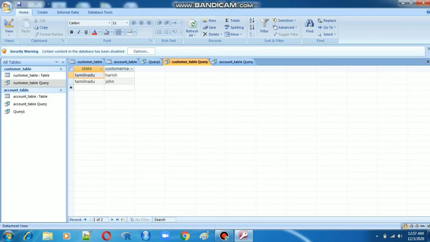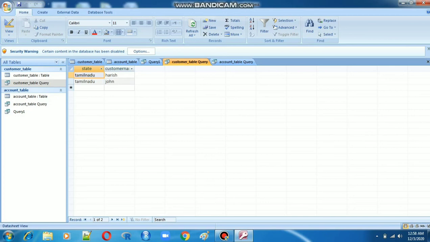How we access table queries, how we set criteria for particular queries, how to create a query for the customer table and account table, and how to specify the records in a table. Specific records in a table: this is the main concept.